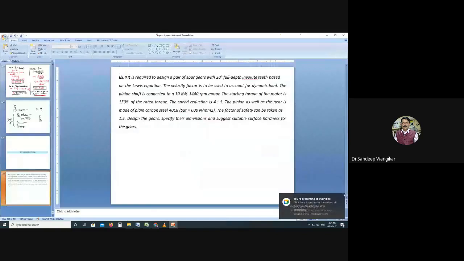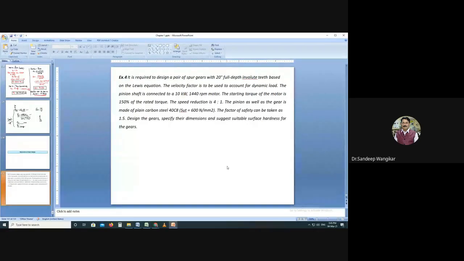Let us start. The next problem we will be discussing is one where the power and RPM are given, and how to proceed with the calculation of the module based on this. And then in one of the problems we will go for a calculation of the check for design. If all the calculation is there, how we will be calculating the factor of safety based on this. So, let us proceed with a problem.